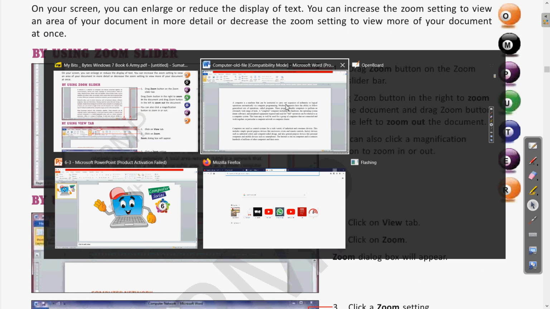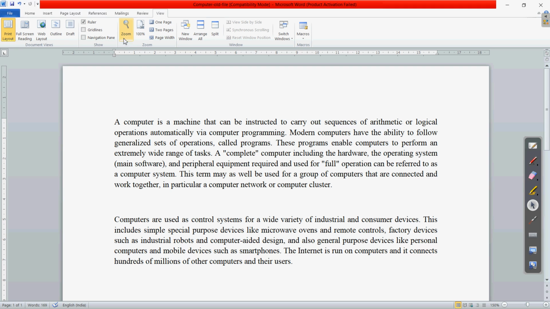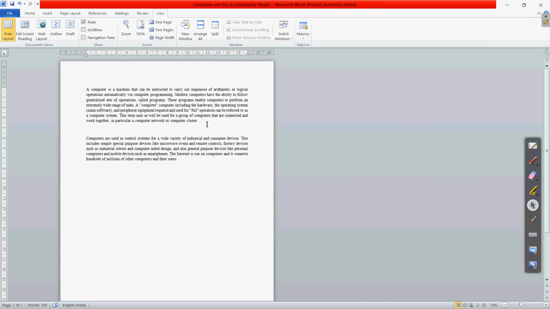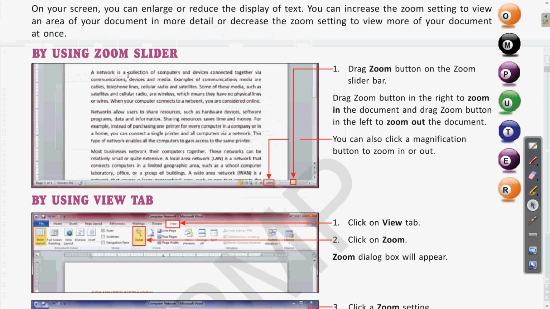If we come to the view tab, here the zoom button or the percentage is there. If I click on the zoom, you can change the percentage. Here 200%, 100%, 75%, there are different options. So using the view tab, in the zoom option also we have the option for changing the percentage of the zoom.